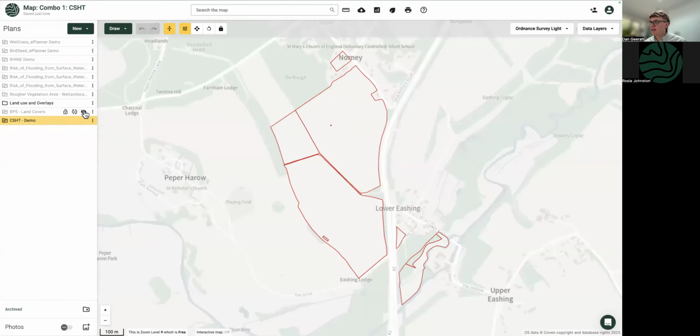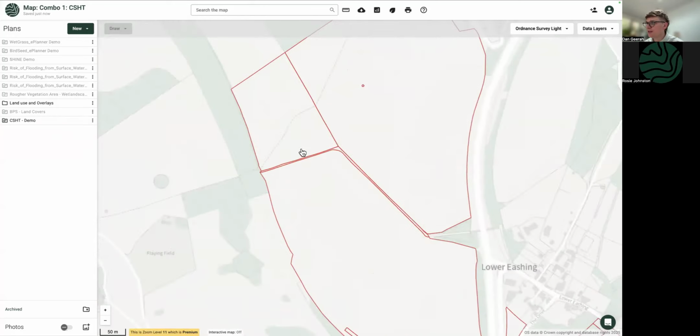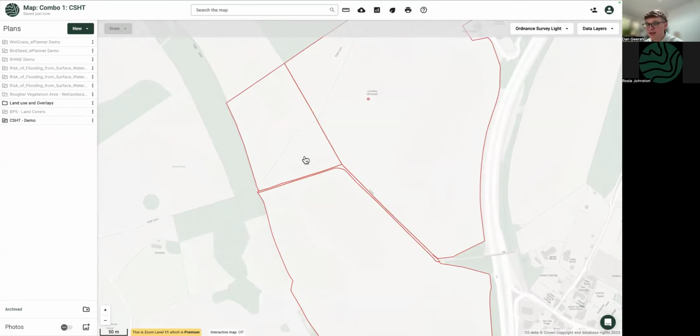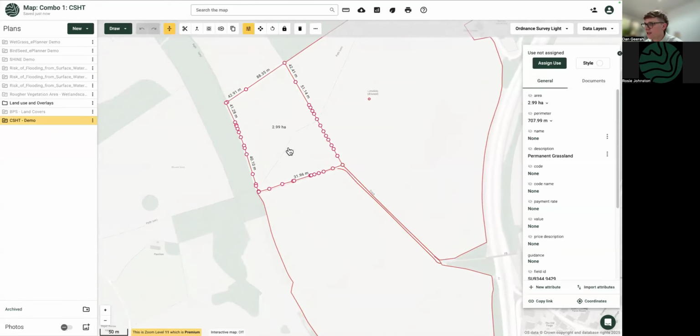Okay. And so now I've basically got an empty template on Land App that allows me to start allocating higher tier options. So for example, one of the ones that did take my fancy earlier was the fact that I've got this data layer that's showing where wet areas are lying on the farm. So one thing I do know about this farm, and obviously boots on the ground is always going to be more important, but I know this part of the field lies quite boggy. So it's currently in grass.